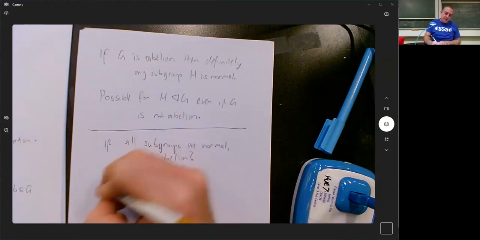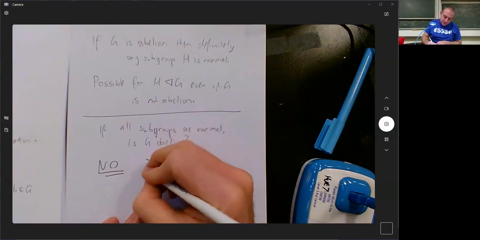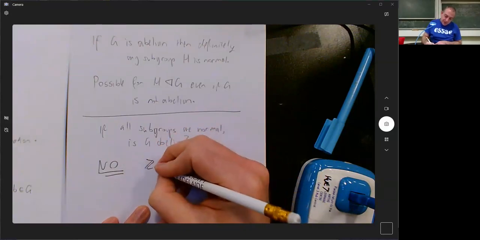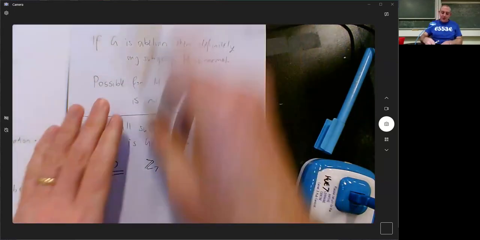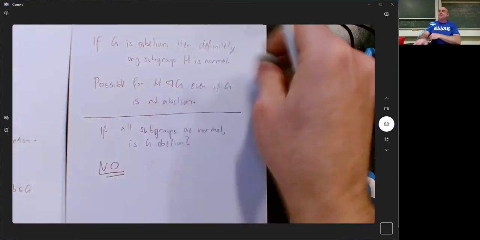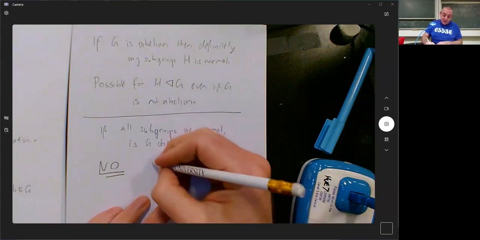And the answer is no, because consider Z7. Not Z7, that's not an abelian group. Damn it, that is an abelian group. Curses. Well, in my head, I don't have a proper example, but consider